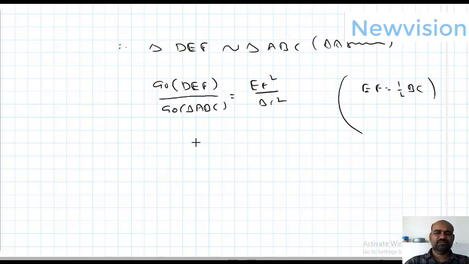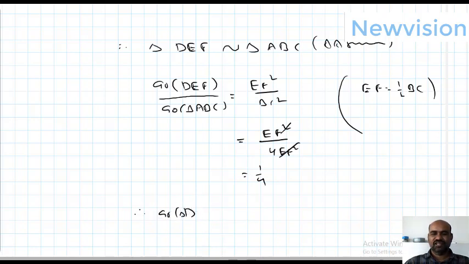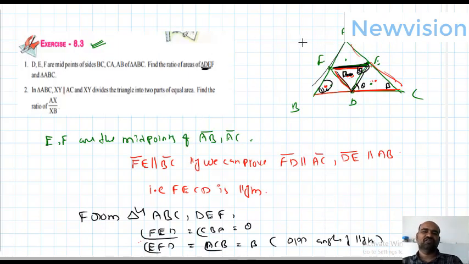So I want to substitute that. Instead of EF square, BC square we can write 4 EF square. These two get cancelled, 1 by 4. Therefore, area of triangle DEF is to area of triangle ABC equal to 1:4. So with using similarities we get 1:4, without using it directly, all four are congruent triangles. This is a parallelogram, these two are congruent means equal in area, all four are equal in area, so any one of them is 1/4 of the bigger.